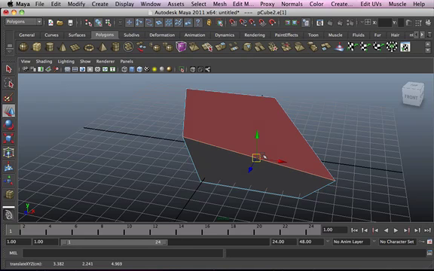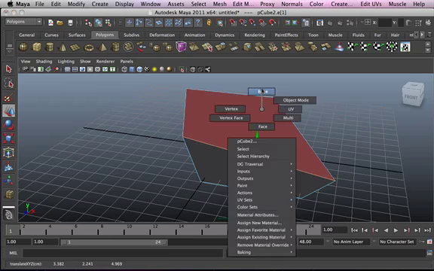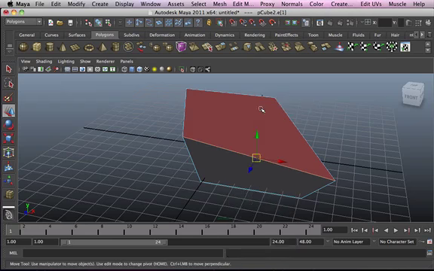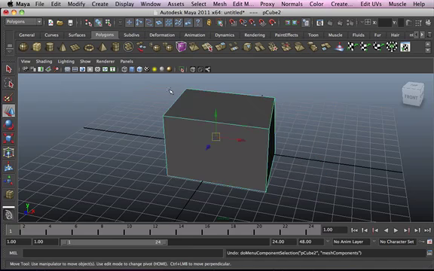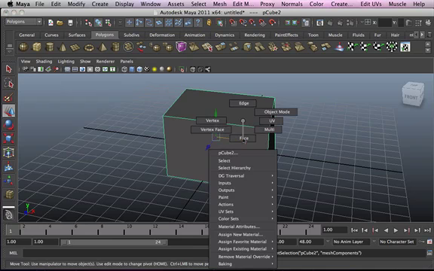I barely use the multi-tool. I only use it maybe once every 20 models that I make. So I actually prefer the vertex mode, the edge mode, or the face mode. That's what I use most of the time. So if we go back to component mode, to object mode,